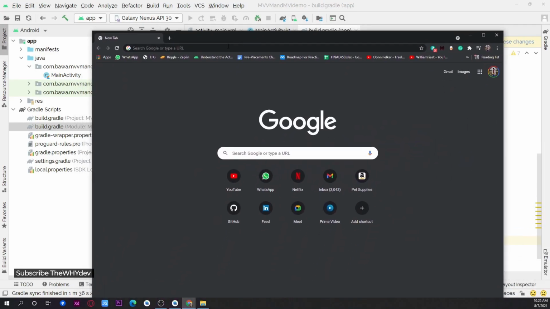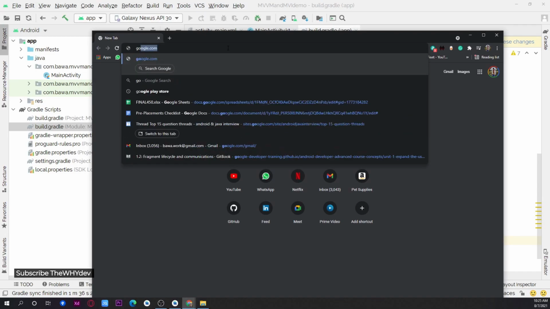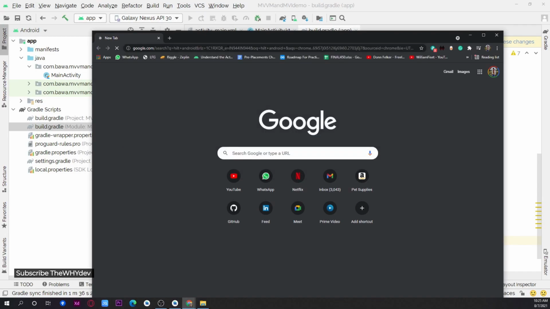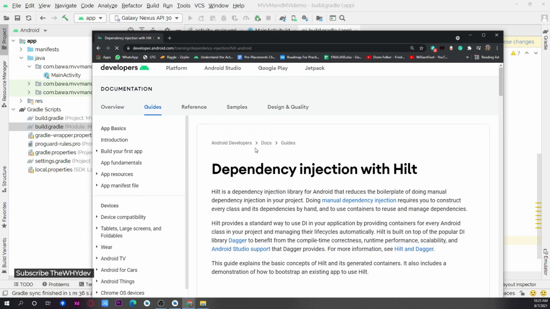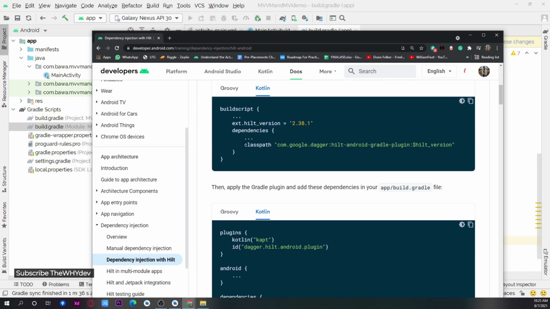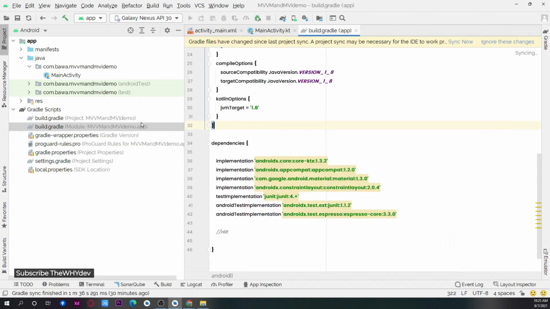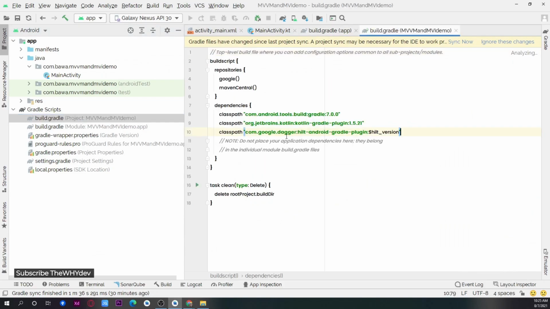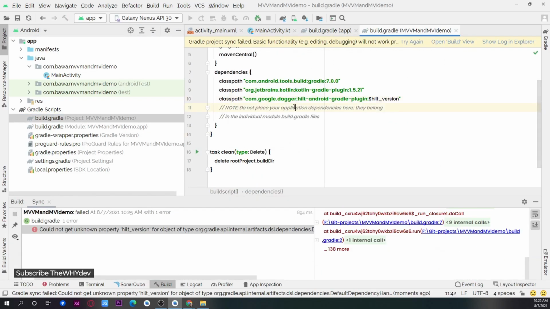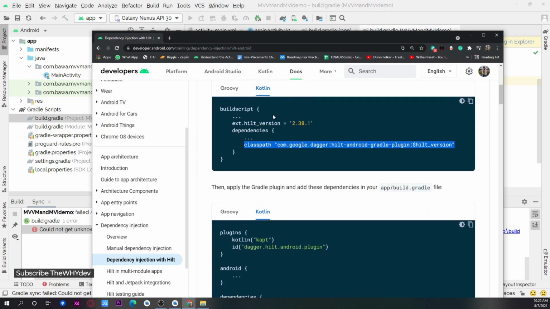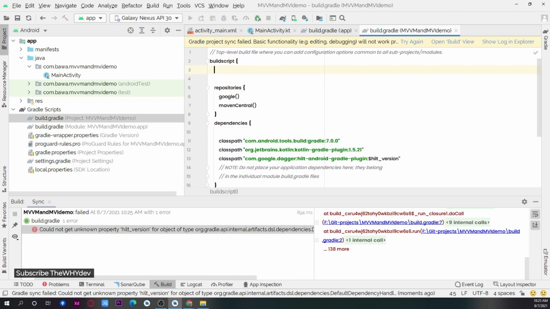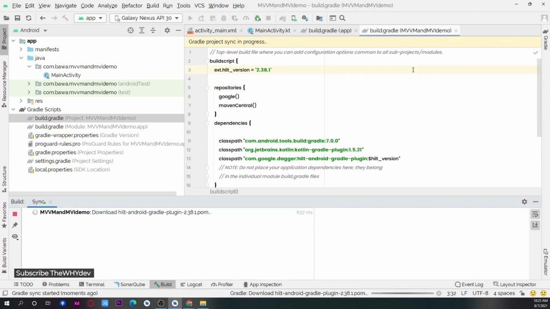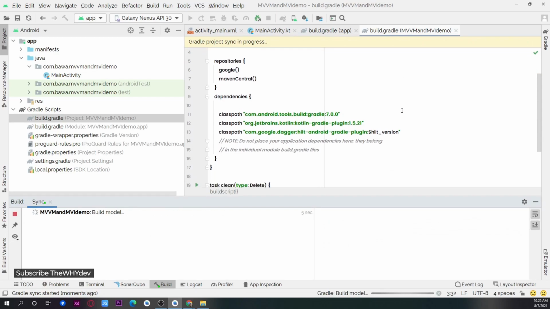All right, so let's go here, and if I do Hilt Android, okay, and go to dependency injection with Hilt. All right, and it's asking me to add a classpath here. We'll do that. Let's go here in the project folder. We're gonna add the classpath. It's not gonna sync. It needs the version. We'll give it a version here inside the buildscript. Okay. All right. Now we'll try to sync the project. It should add the dependencies that are required for